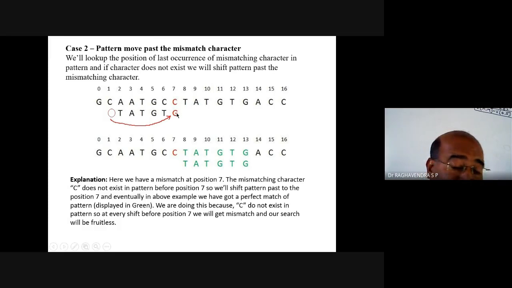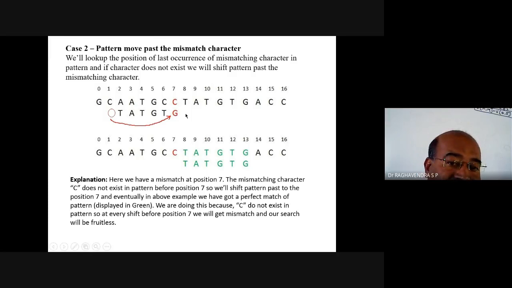No, sir. No match. So when there is no match, why is the mismatch happening? Because of the occurrence of... tell me. So here there is G, and what is in the text? There is C, right? So the mismatch is occurring because C is present in the text. Now if there is a mismatch, we have to search this C in the pattern. But is C present in the pattern? No, sir. No. So what do we have to do then? Move the entire pattern from the 7th position, where the mismatch occurred,